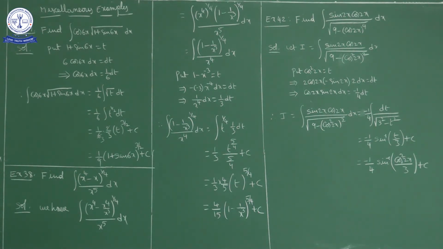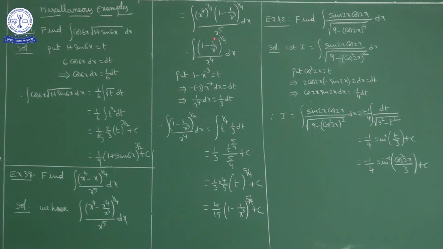Okay, now here the question is to evaluate integral x power 4 minus x whole power 1 by 4 upon x power 5 dx. I'll write in numerator x power 4 minus x as x power 4 by x cube. Okay, x power 4 minus x power 4 by x cube whole power 1 by 4, x power 4 common. So what we get, integral x power 4 whole power 1 by 4 into 1 minus 1 by x cube whole power 1 by 4 upon x power 5 dx. The 4 gets cancelled. So we have x, one x gets cancelled, we'll get like this.